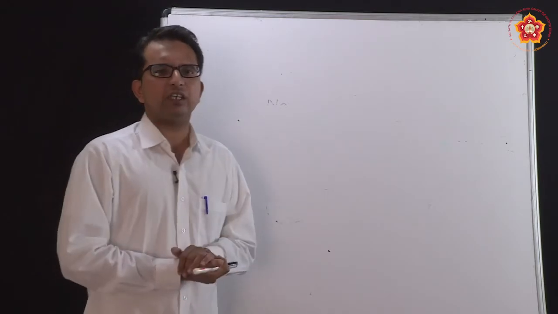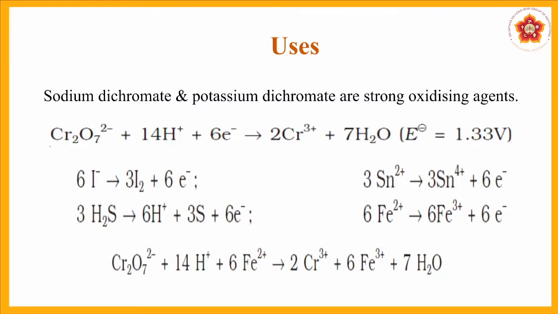So let us see certain uses that are present here. You are able to see many reactions in these cases. Let us take each of these reactions individually. Let us take the first reaction now. There is an electrode potential given as 1.33 volts. This is the voltage for that reaction to happen. So what has happened in this entire reaction? Let us see. First, at the start, the potassium dichromate ion is taken, and that is getting converted into chromium